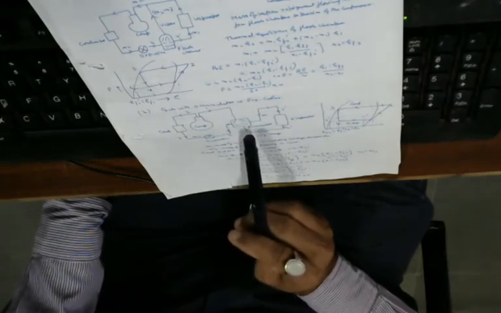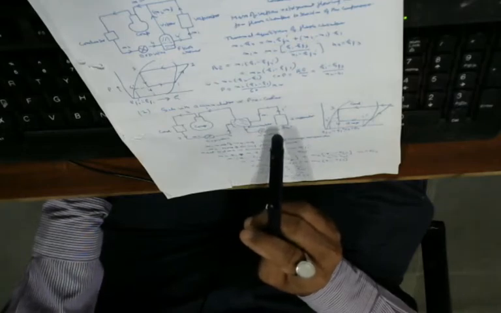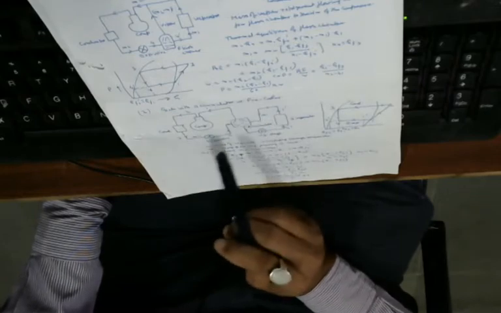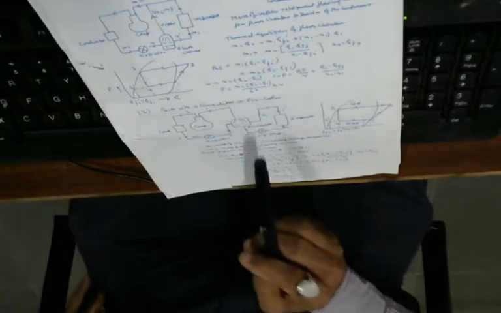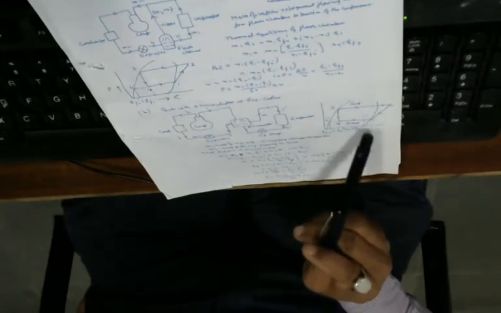The only difference from the flash chamber one is that the refrigerant from the evaporator is being sent to the accumulator. Here we have got the pH diagram, pressure enthalpy diagram also.